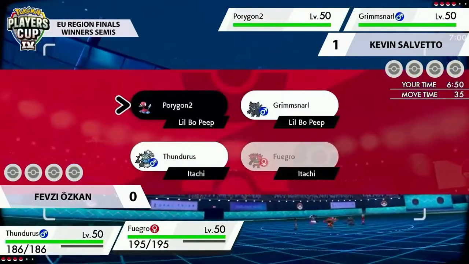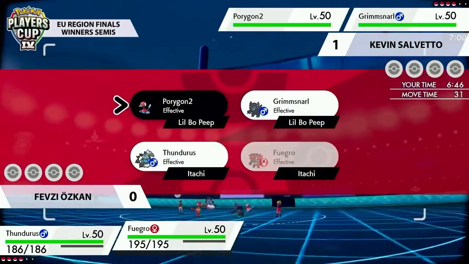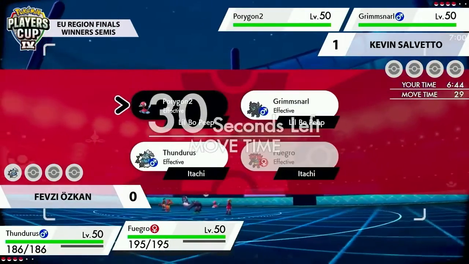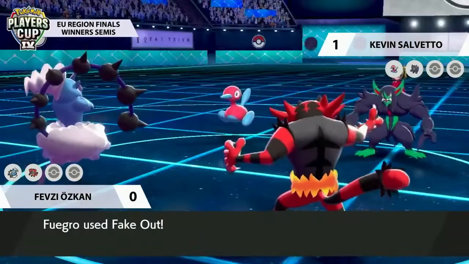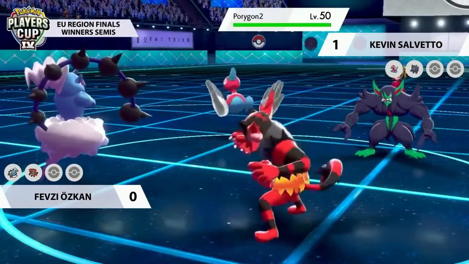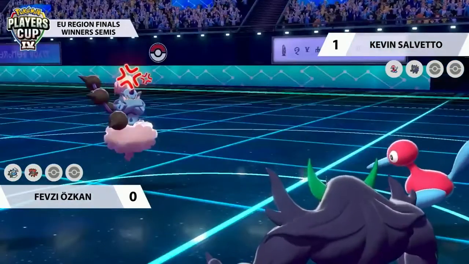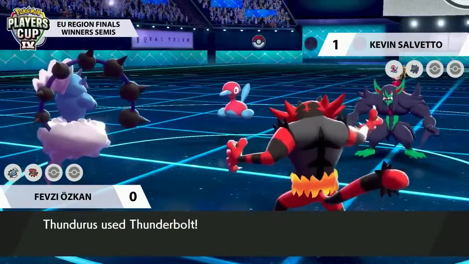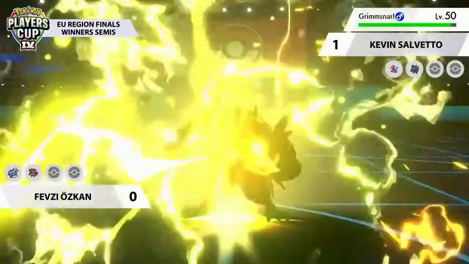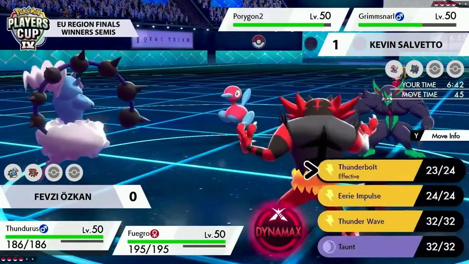side, so looking to use that as the way to shut down a Trick Room, I'd imagine. Yeah, the ultimate Trick Room hate coming out from Fevzi here, understandably so. Fevzi seemed not wanting to really fare in Trick Room, so Incineroar taking the opportunity to go for that Fake Out. Opposing Grimmsnarl from Kevin, though, with the Taunt into the Thundurus, which means it won't be able to do anything next turn, but this turn just looking to be firing off a Thunderbolt just for that bit of chip